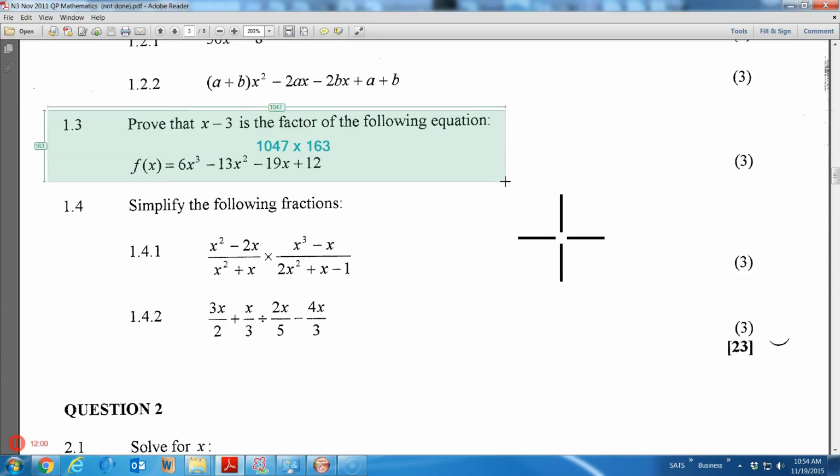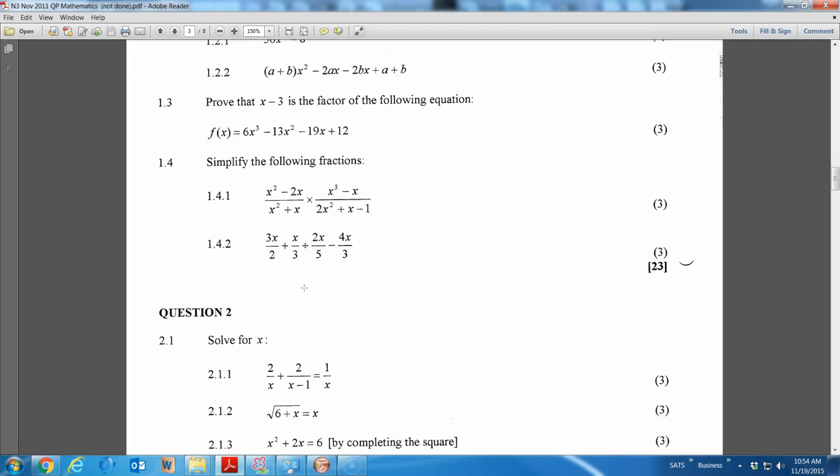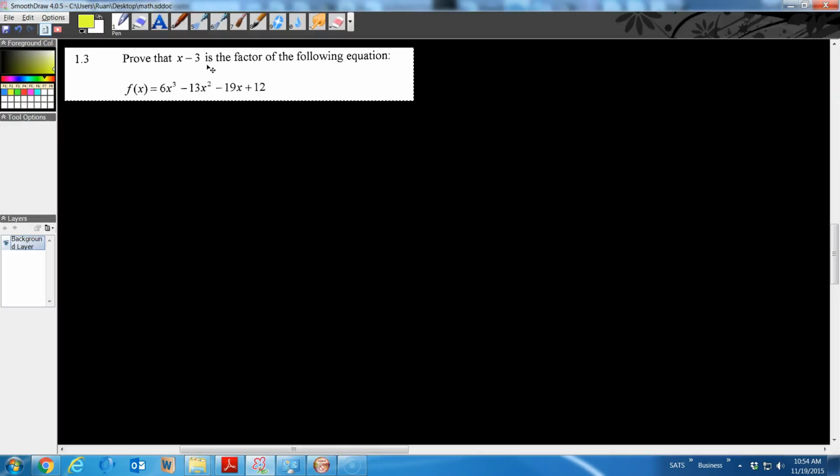Here's an interesting question. Wonder if I shouldn't zoom out a bit. The question occupied half my screen there. Prove that x minus 3 is a factor of the following equation. What is a factor? What is a factor? Well, if you have a